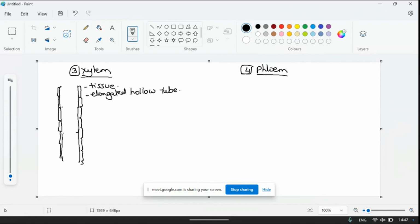So the xylem vessels are very strong and supported by a substance called lignin, for the cell to be lignified, and this will give it the support. This is the lignin. Okay, the function of the xylem is to transport water and minerals. Guys, please, you cannot say except transport water and minerals from down to up, from the roots up to the stem, up to the veins inside the leaves. So they transport water and minerals to cells which are going to do photosynthesis,